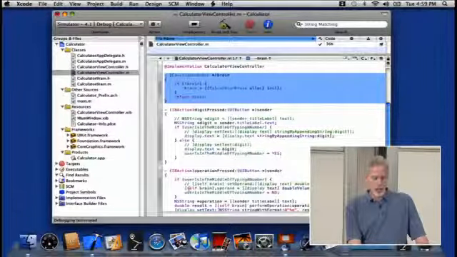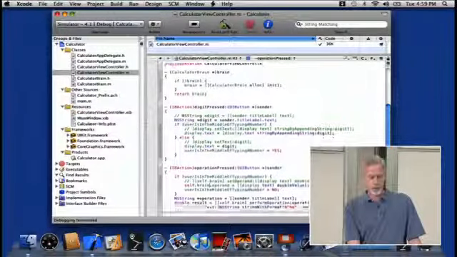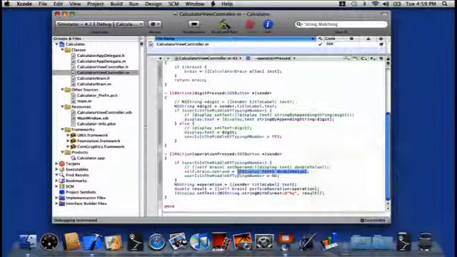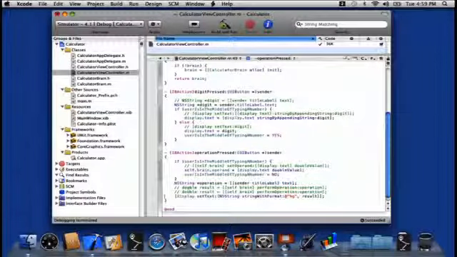But I can change the calling code to say self.brain.operand. Use dot notation. Make sense? This right here can be display.text doubleValue. Right? We also, just to show you how that operand works, when I added the @property for the operand on our brain, it also made the getter. Let's use that getter. I'm going to take away this result. Here, let's copy and paste. I'm going to take away using the result of performOperation, which conveniently returns the value of our operand. And I'm going to go here and say brain,